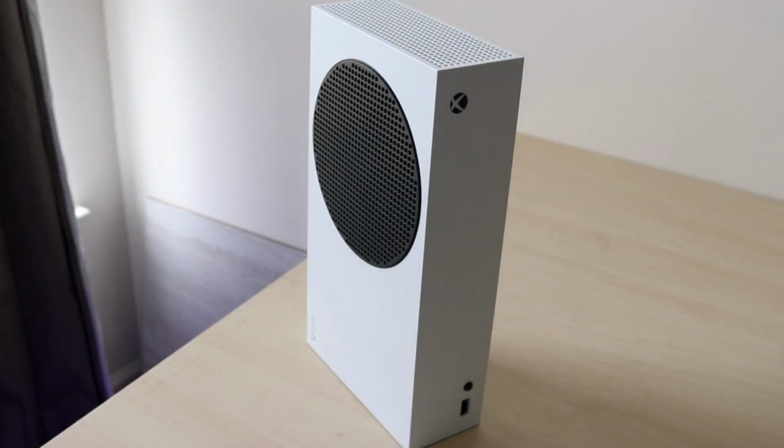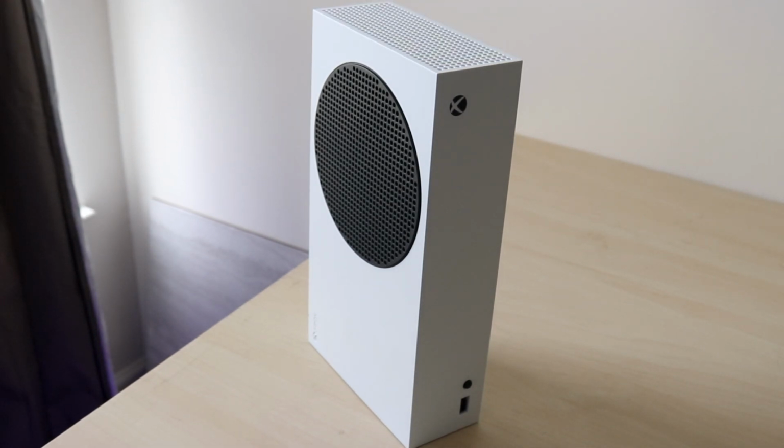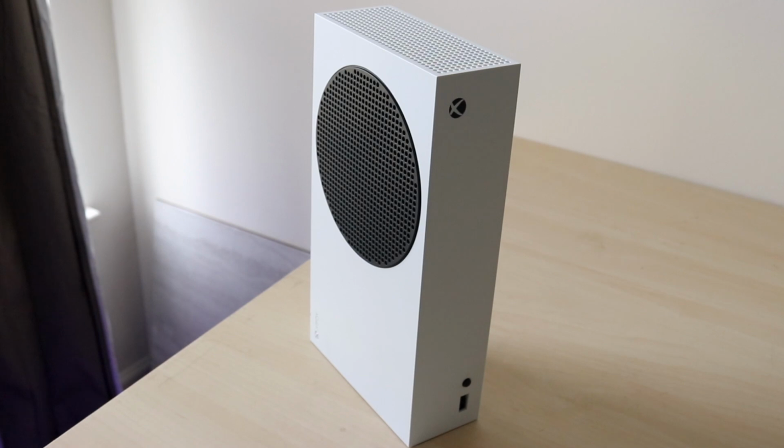Welcome back everyone. Time to do another comparison between the brand new gaming console, as you guys know, the Xbox Series S. And we're going to compare it against its main predecessor in a way, which is the Xbox One. I'm pretty sure most of you guys already know how both these consoles have held up. The Series S is extremely hard to get in, and I totally understand it's not like the easiest thing to